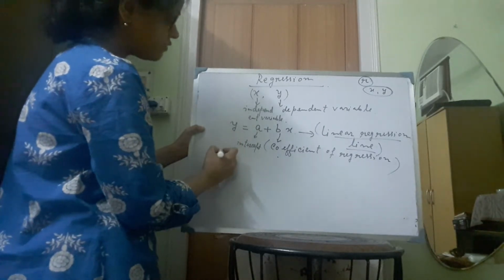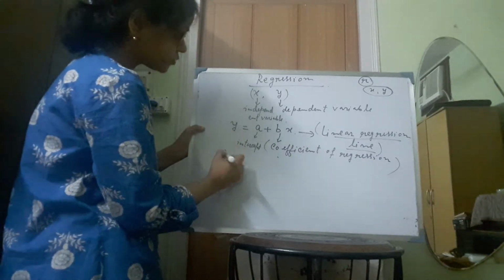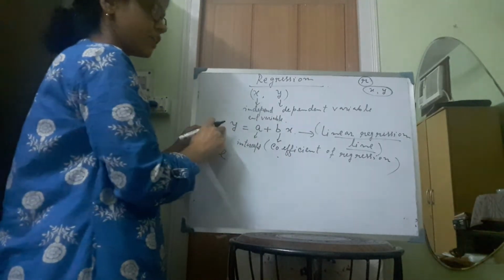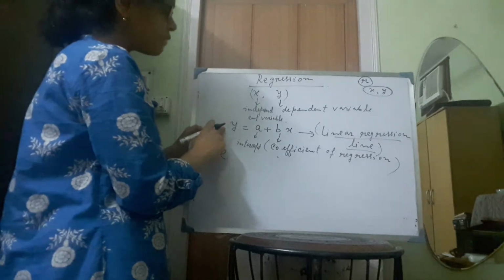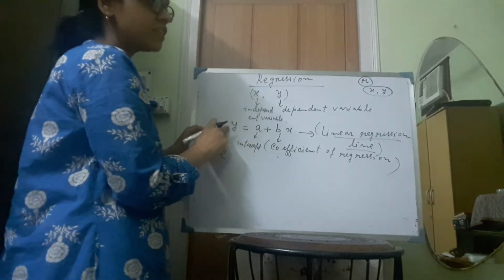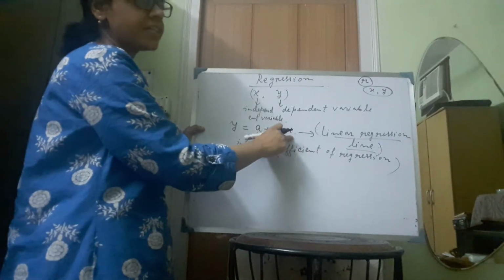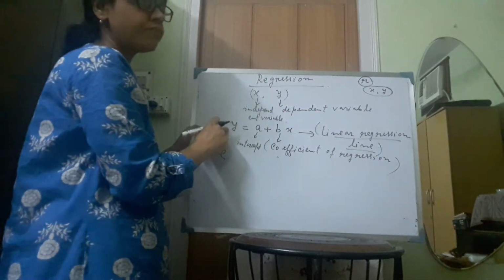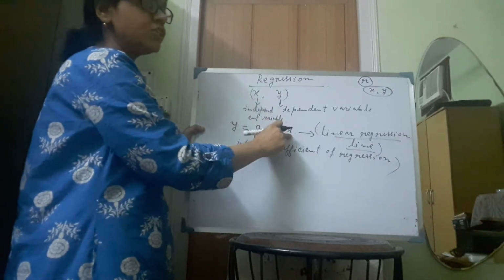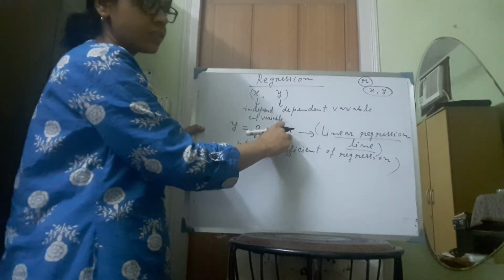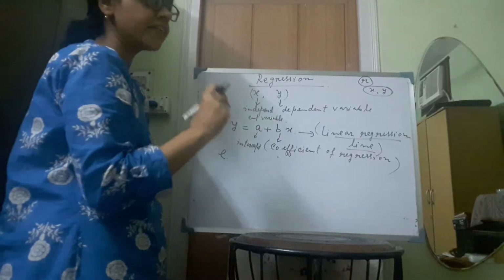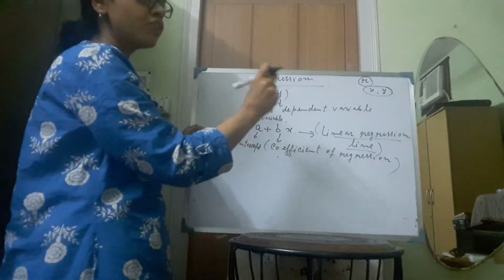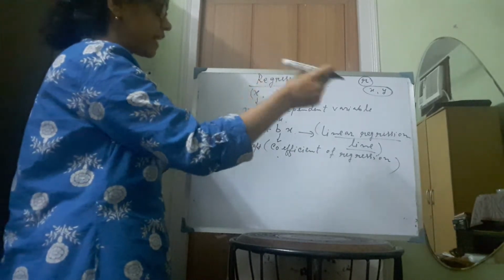Now here we are defining an error term e. So what are we trying to say? We are trying to say that x has some effect on y, but the entire variation in y cannot be explained by the variation in x. There are some other factors which can have an effect on y. Those factors we are not incorporating in this variable x. That is why we are committing some error in defining this relationship between y and x, because we are not considering those factors which can have an effect on y.